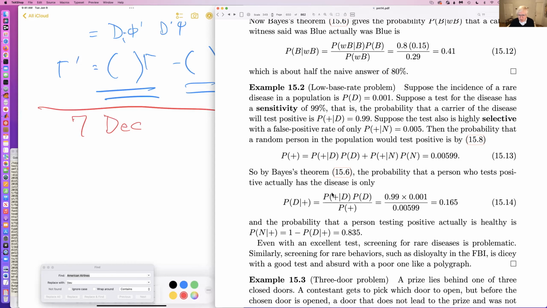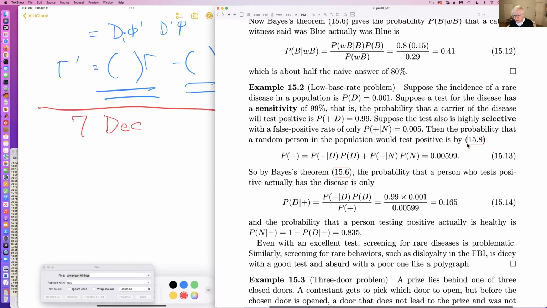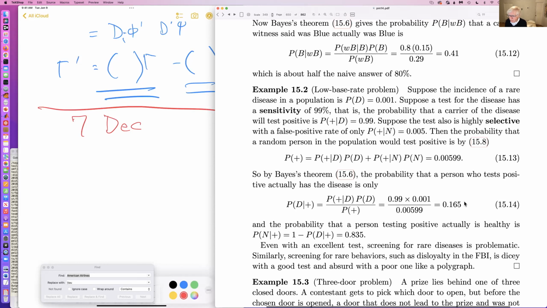And so that's the probability of testing positive given the disease; it's a really good test. The probability of the disease is small; it's a rare disease. And then there's the probability that a random person has the disease. No, the probability that a random person would test positive is this, and you work it out and you get 0.165. So this is a very high false